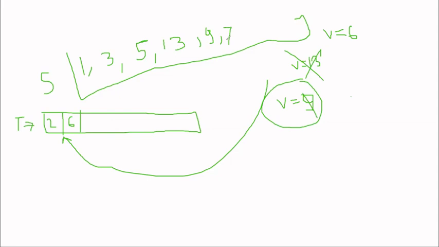Again we'll repeat the concepts. 7 comes into V, and 7 is greater than 6. 7 will be pushed here. 7 will be popped from here. 9 comes into V, and that is greater than 7. 9 will be pushed here. Then 13 comes into V, and 13 is greater than 9. The 13 comes here again.